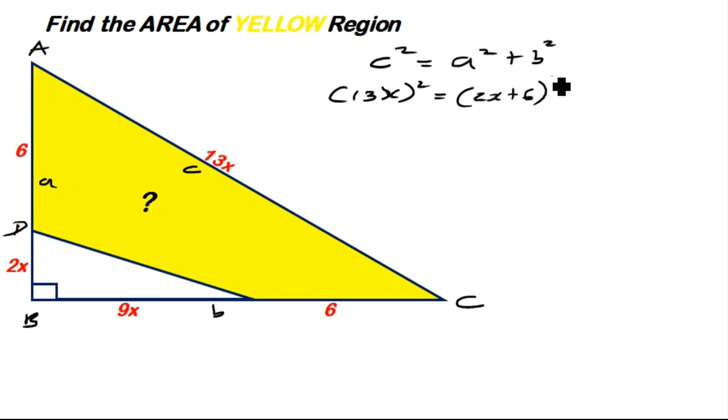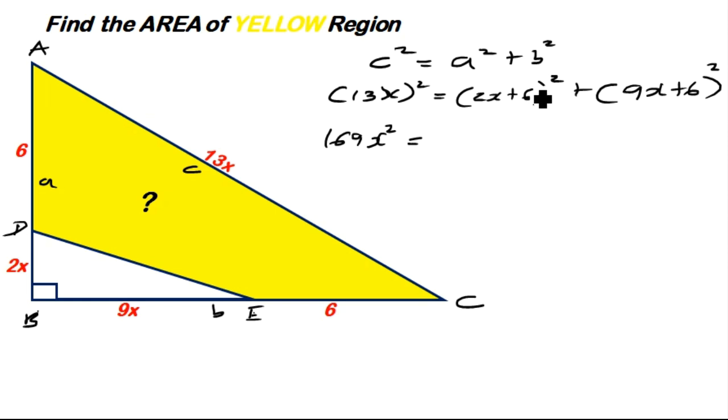Then it is squared. Then plus the length from B to C. If you let that point be E, from point B to E is 9x, then from point E to C is 6. So it means the whole length from B to C is 9x plus 6. So that is going to be (9x plus 6) squared. So if we simplify this, 13 squared is 169, times x squared, equals (2x plus 6)